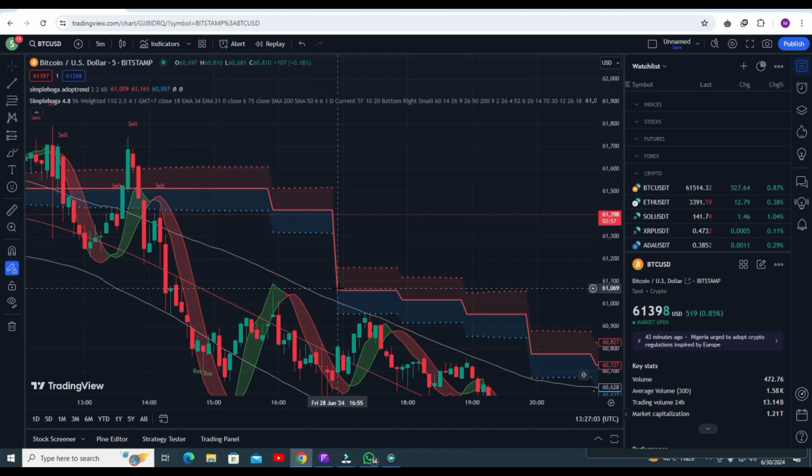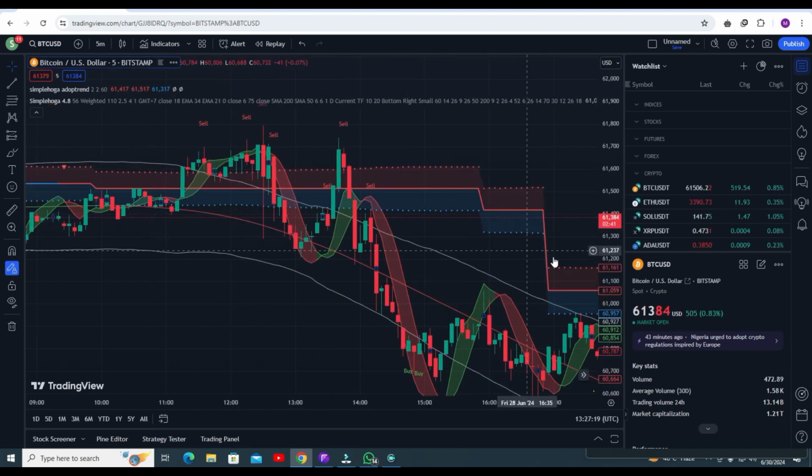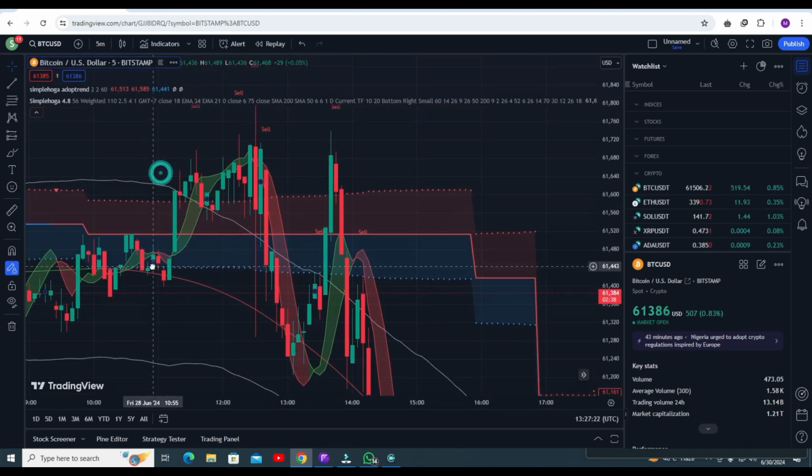I will show you a live demo as well. First of all, let me show you the previous trades that I took, and I will show you the results of my trades. But you need to understand how this strategy works. So let's start. You can see, just like I told you, this trend line. I will name this indicator the trend line. When the trend line is red, you need to go for the sell trade. Make sure you go for the sell trade.